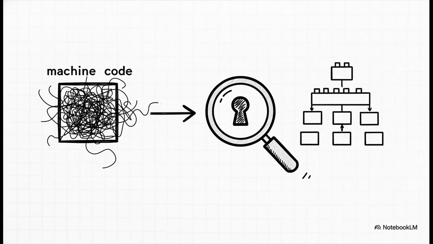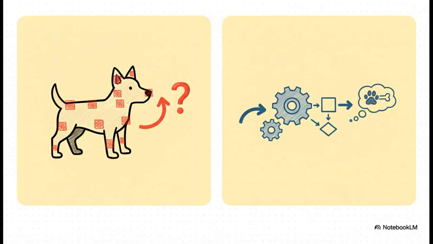So there's this amazing new field called Mechanistic Interpretability, and its goal is to solve this exact problem. The best way to think about it is this. We're trying to reverse engineer the AI's compiled machine code to finally get a look at the human-readable source code of its mind.